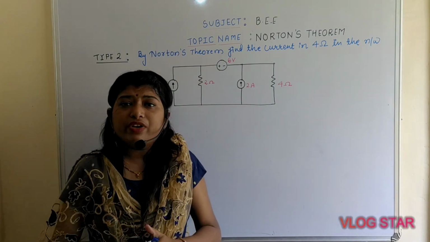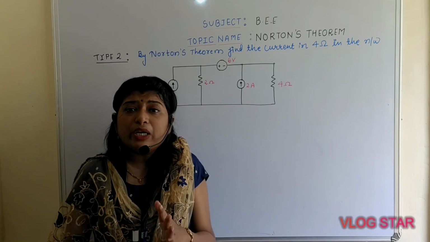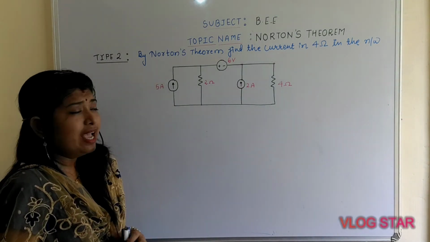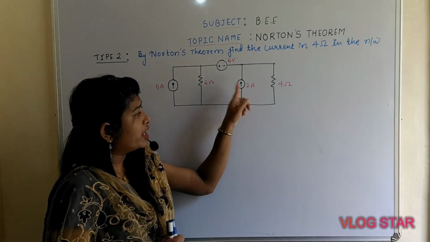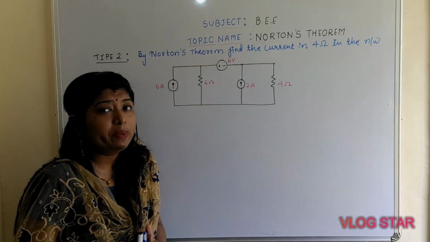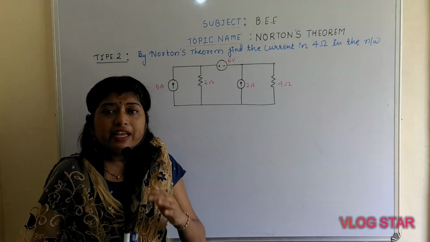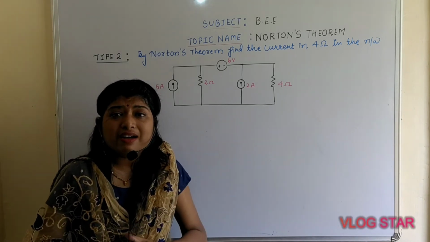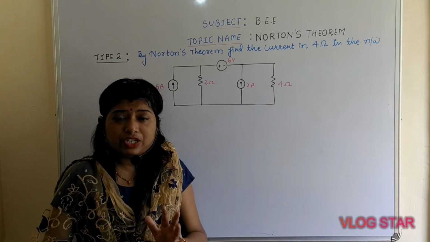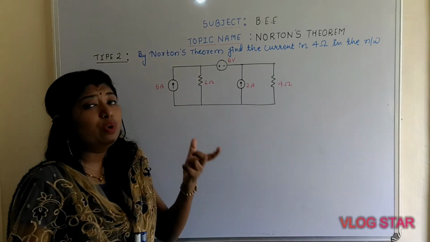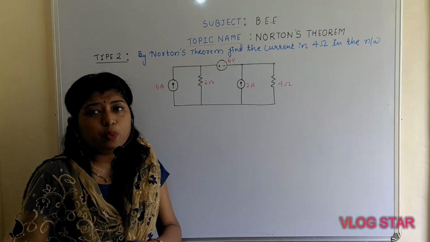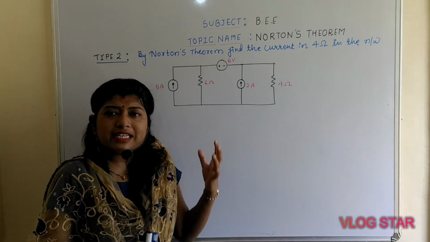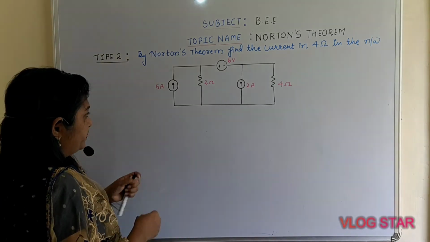In today's lecture, we are going to proceed with type number 2. Why is this type number 2? If you observe carefully, as you can see here, a current source is connected in between two meshes. As you know, if the current source is connected between two meshes, that particular circuit is called a supermesh. So in this type number 2, you have to apply the concept of supermesh that we already studied in the previous lecture. Am I right? Let's begin with step number 1.